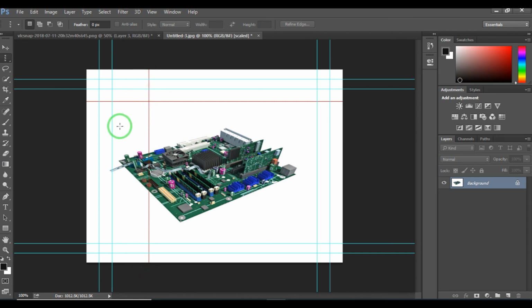So we have the 4 marquee tools. Today we discussed the application of the move tool and marquee tools, 4 kinds of marquee tools: the rectangular marquee tool, elliptical, single row and single column. All these marquee tools do the function of selection, and the range of selection will be different according to the subset we choose. That's all regarding the very basic 2 selection tools.